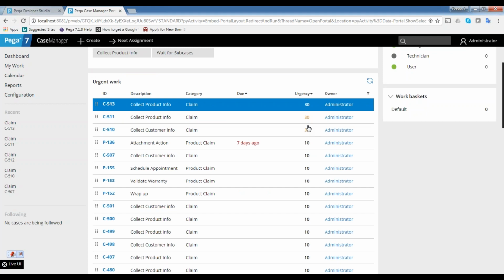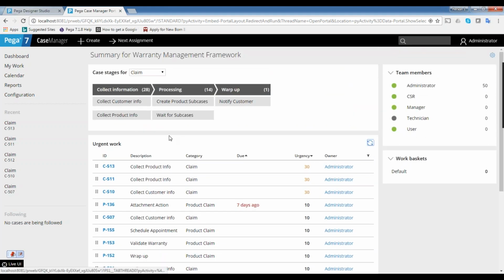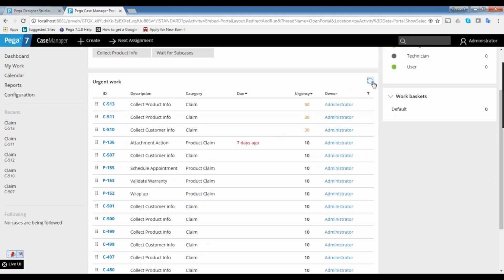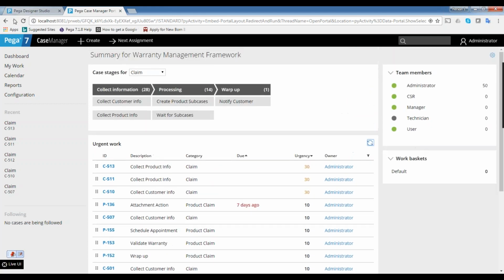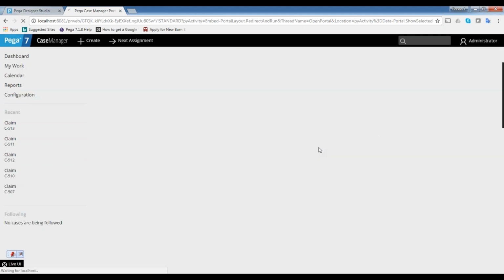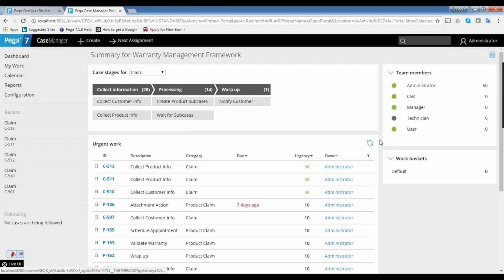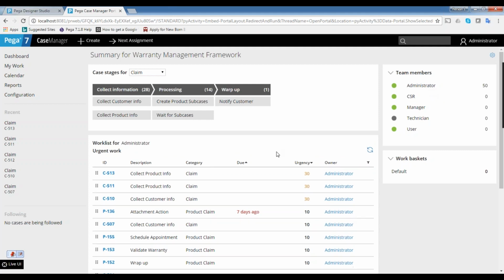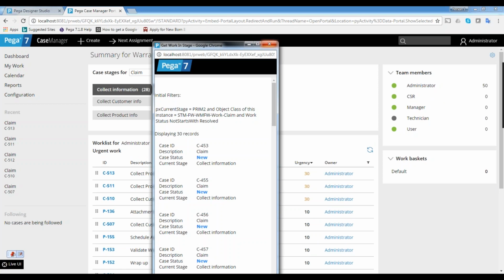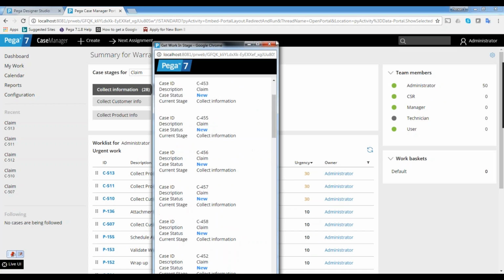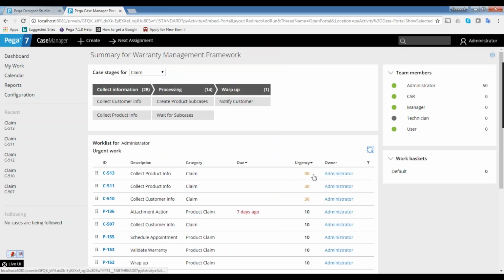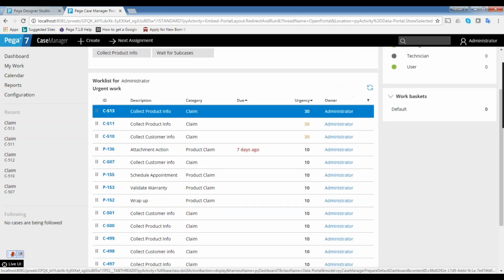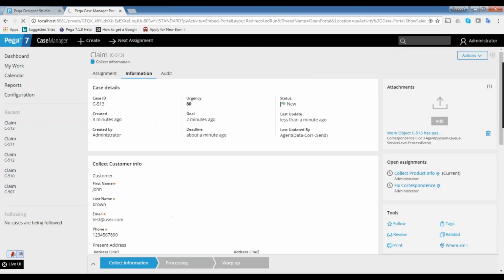Maybe it may take time as well. Okay, that is fine. It's not showing the correct values here, but when you open it, in the urgency information tab we can see the correct urgency value.